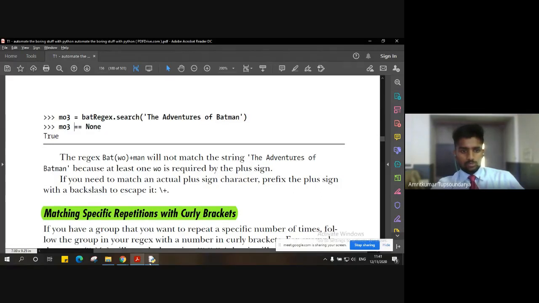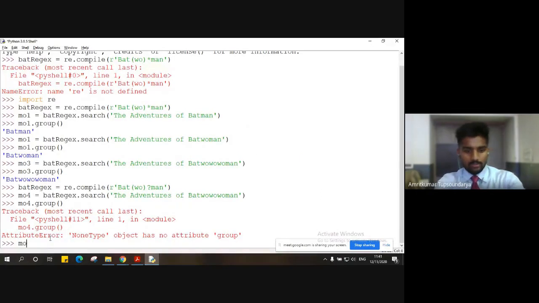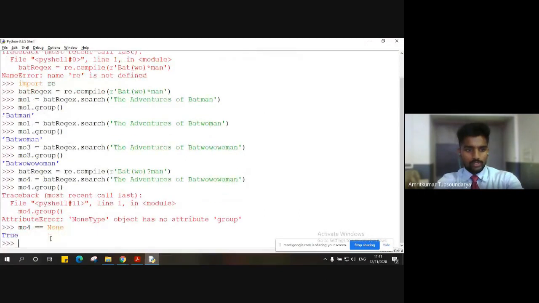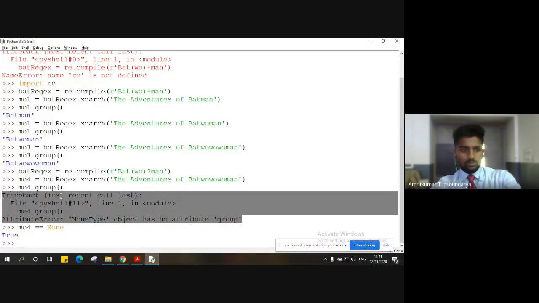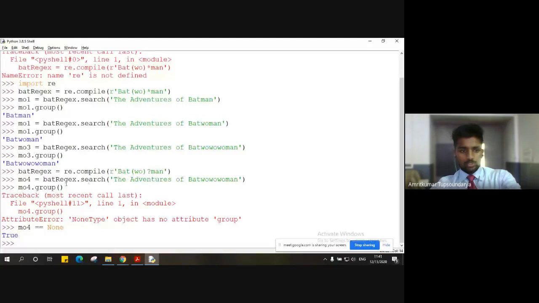So let me check whether, for our previous case, MO4 is equal to null gives us true. Yes, it does give us true, right? So the error was that it stores the null value and we are trying to retrieve from the null value.